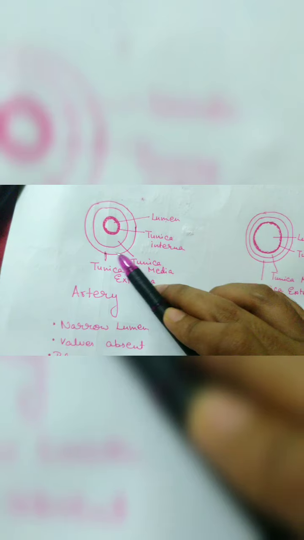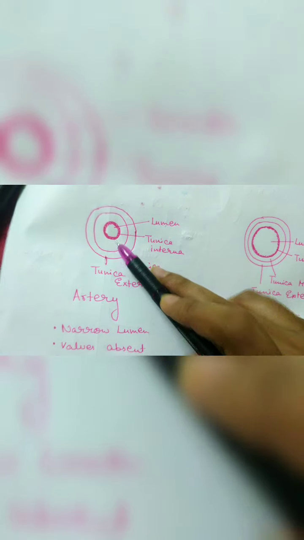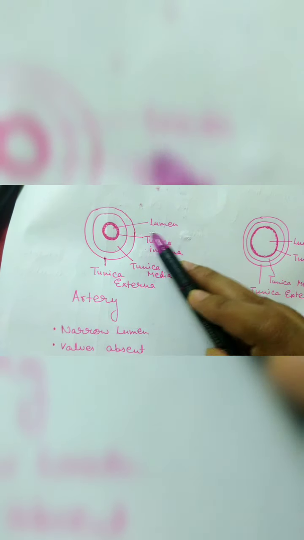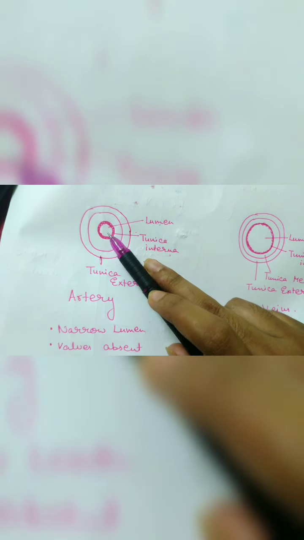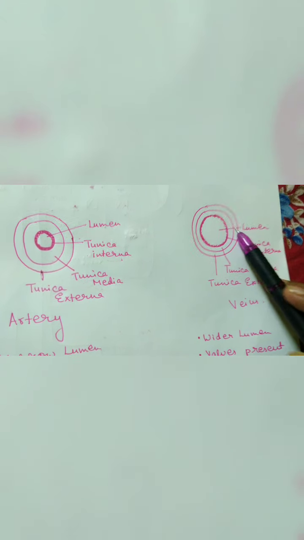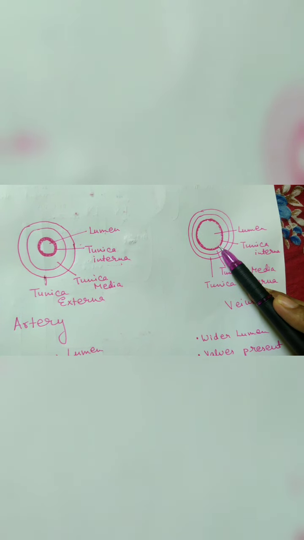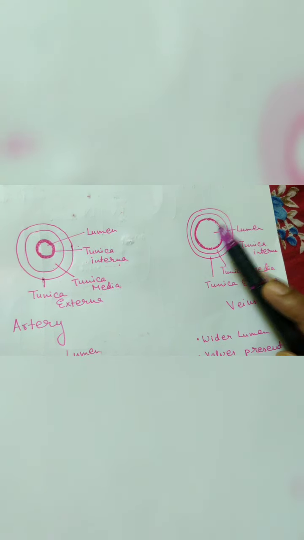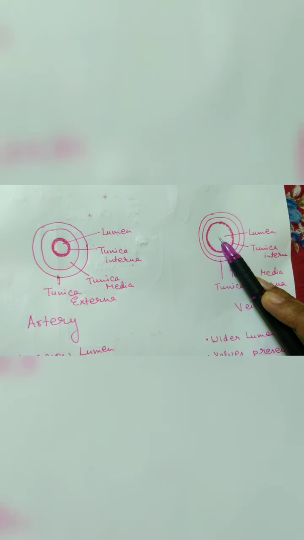Arteries have an outer wall, that is the tunica externa, the middle layer, that is the tunica media, and the inner layer, that is the tunica interna, and a very narrow lumen. Since the lumen is narrow, the blood flows under great pressure in the artery, and it flows in spurts. Side by side, when we see veins, they also have the tunica externa, tunica media and tunica interna, and they have a wider lumen. Since they have a wider lumen, the blood in them flows smoothly and it does not flow in spurts. We'll discuss the various differences.